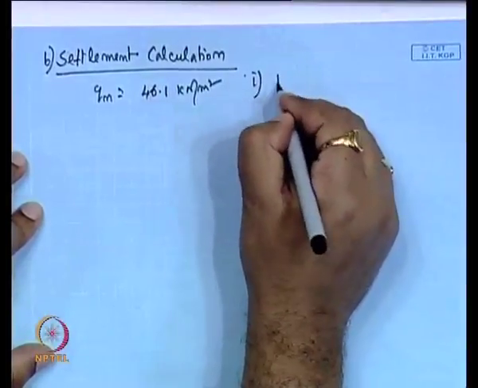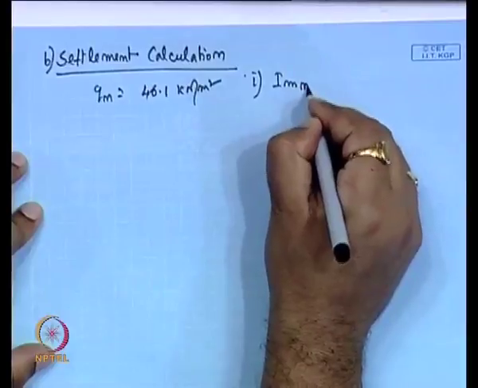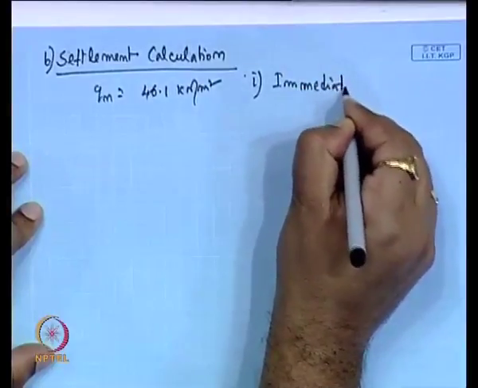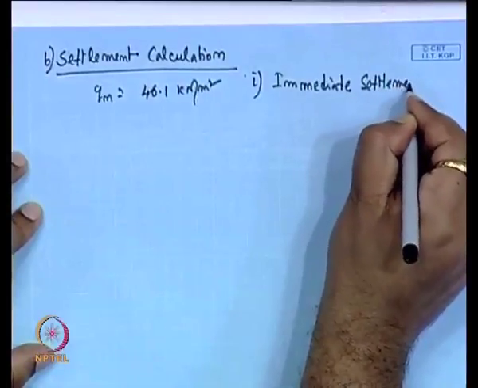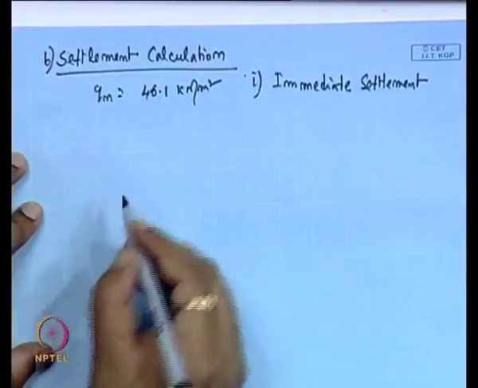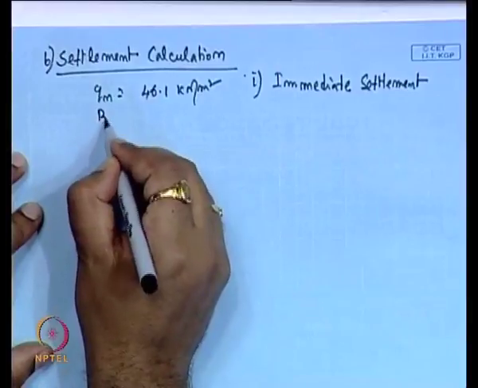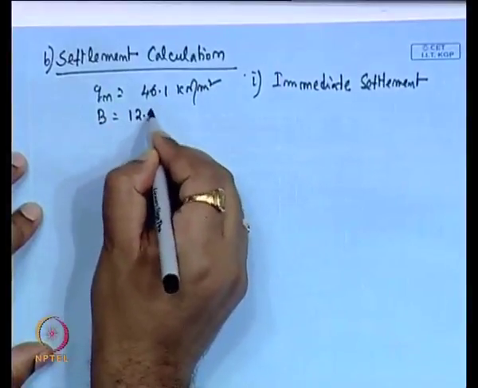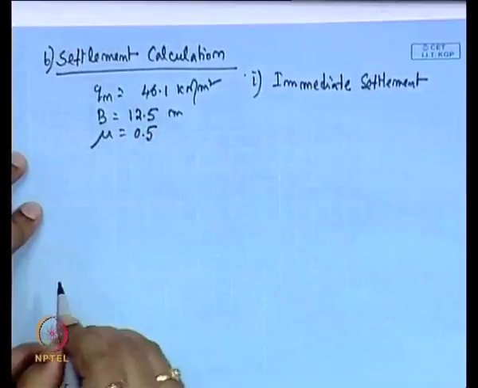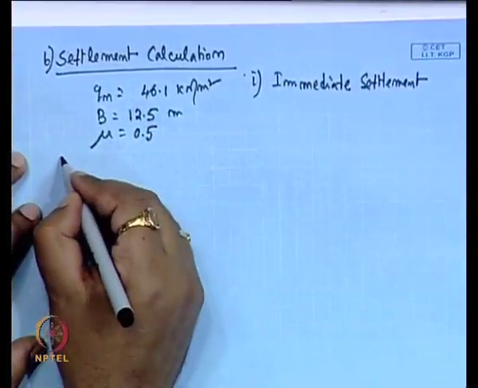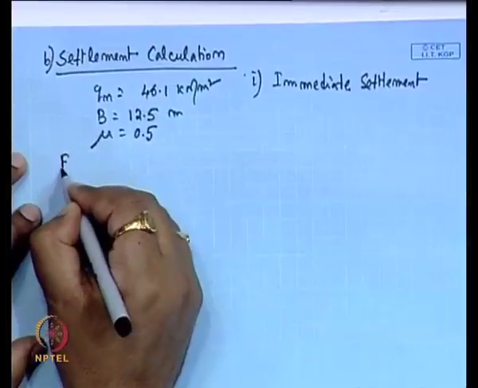So, this is immediate settlement. Then B is 12.5 meter, mu we have taken for the clay soil is 0.5, and we can choose the E average value